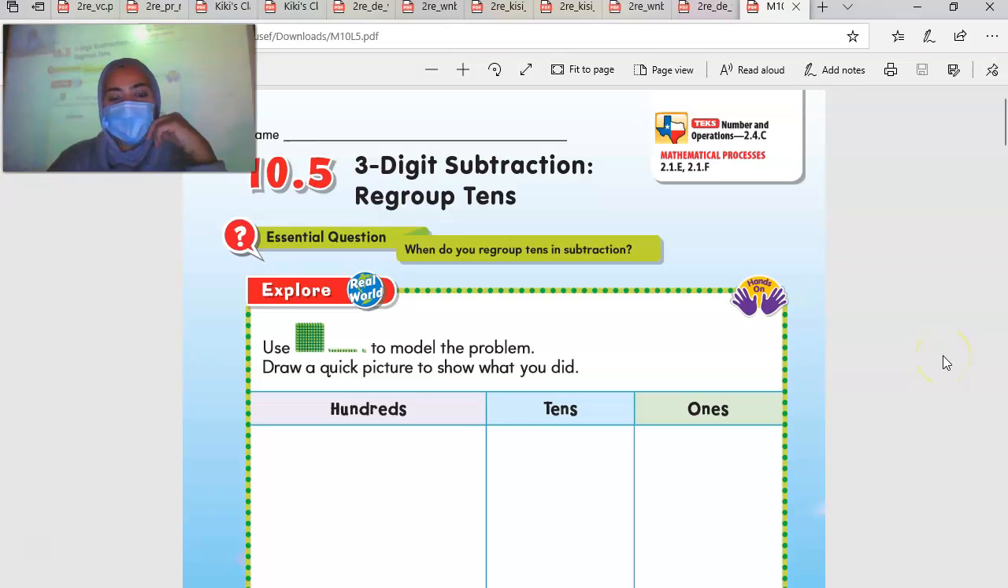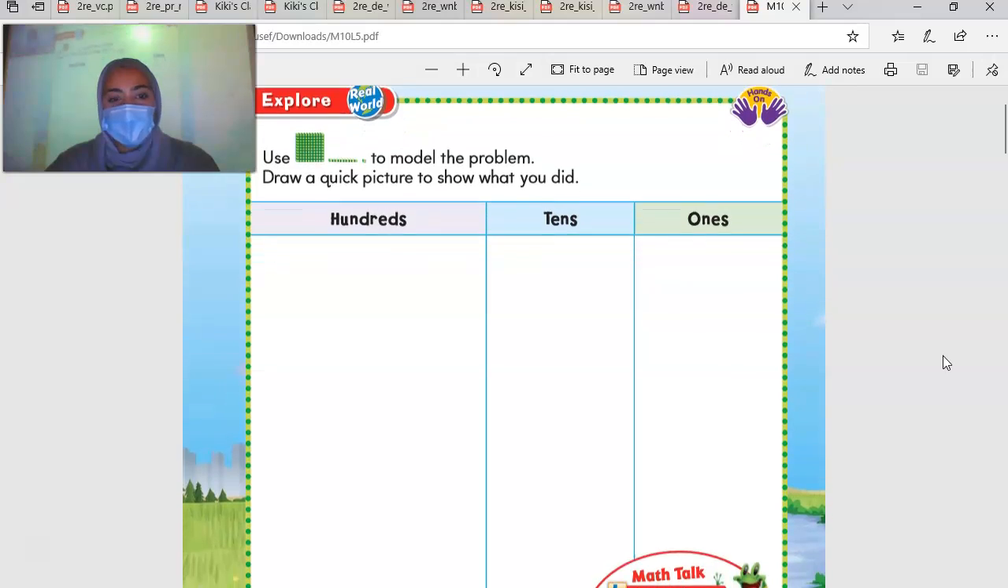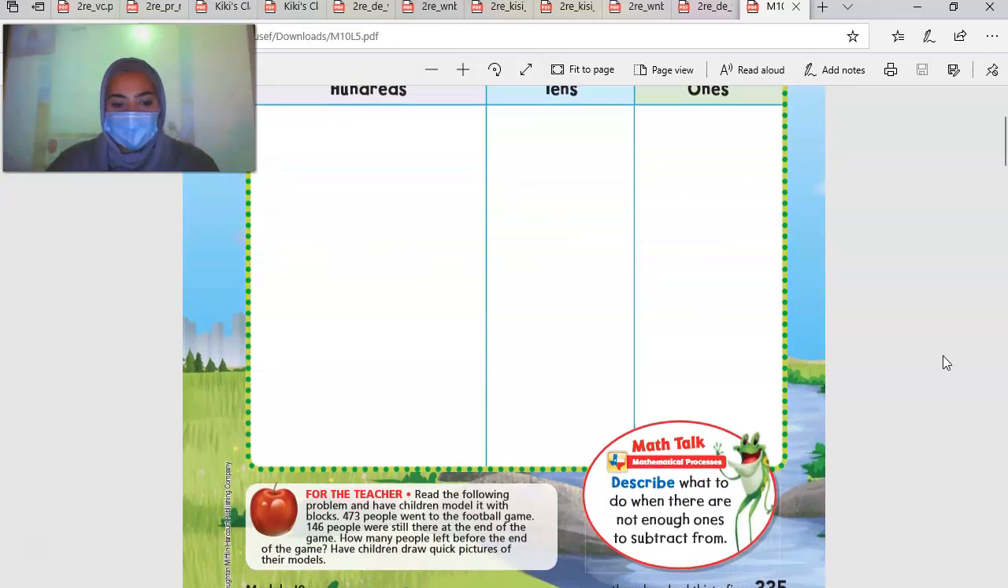We are focusing on three-digit subtraction, regrouping. It says use blocks to model the problem. Draw a quick picture to show what you did. The problem is